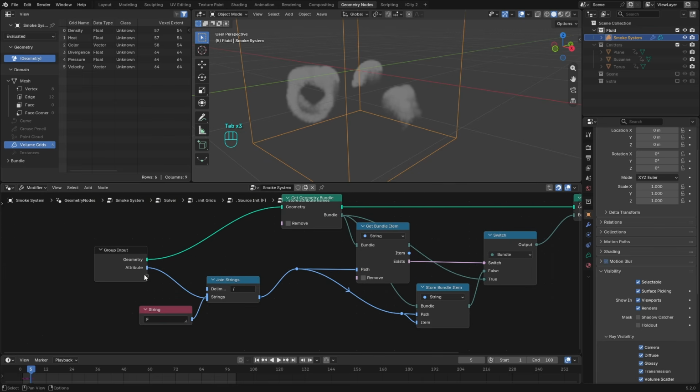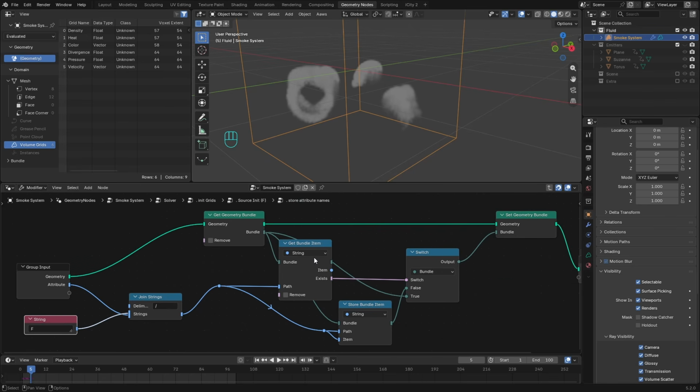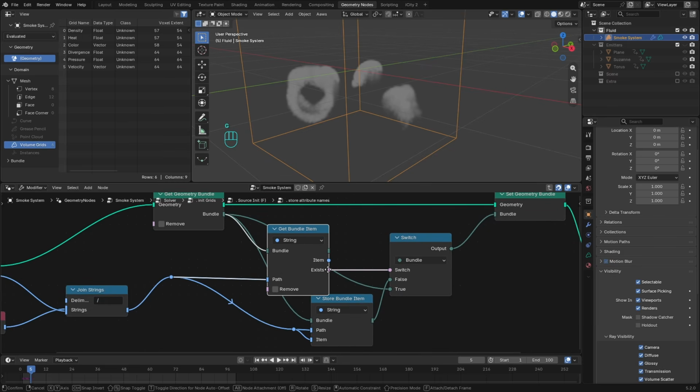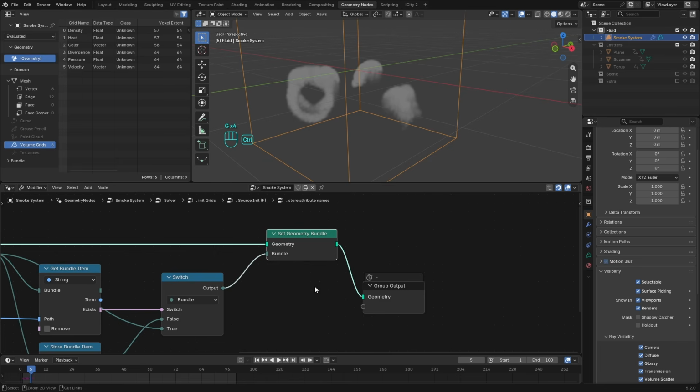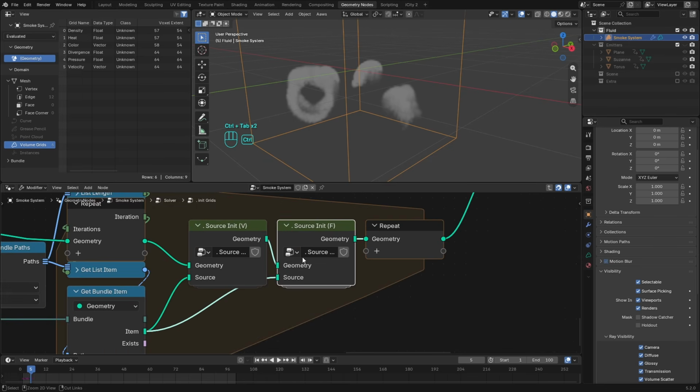So each iteration it will take the attribute and add F and this symbol after it, and it will get the bundle item. If the bundle item exists, it will skip. If it doesn't exist, it will store a bundle item with the path and the item being the same,